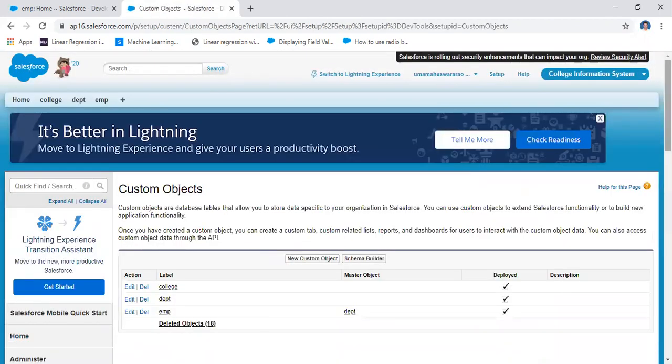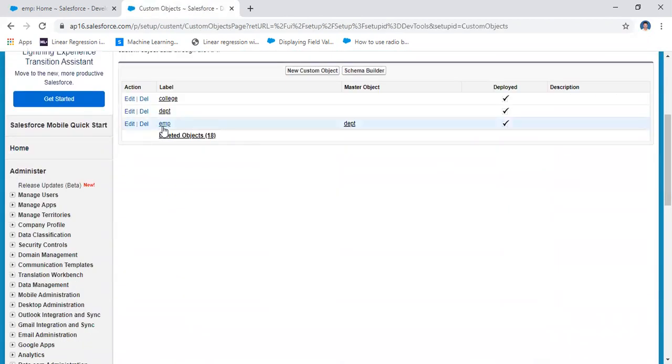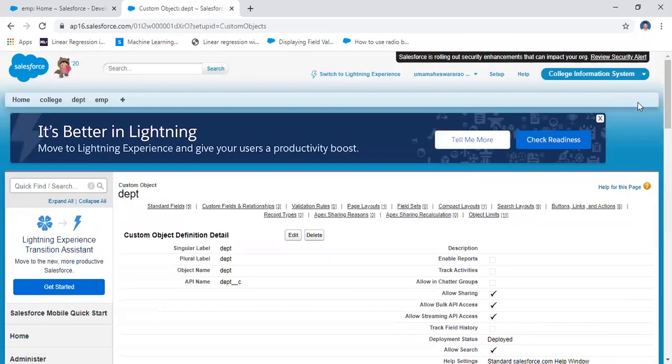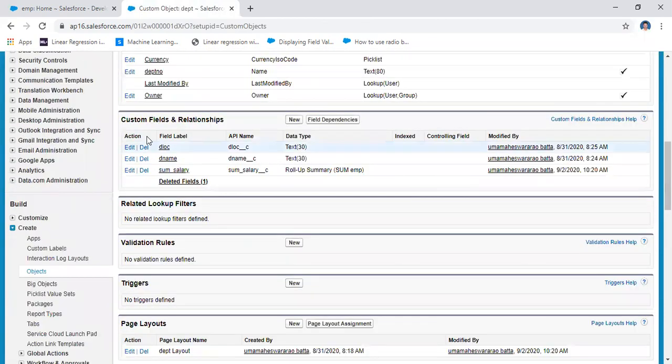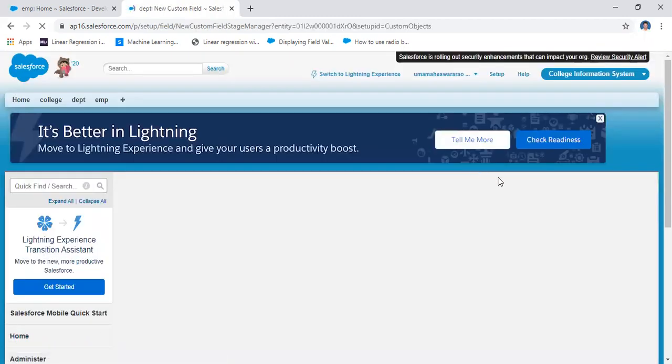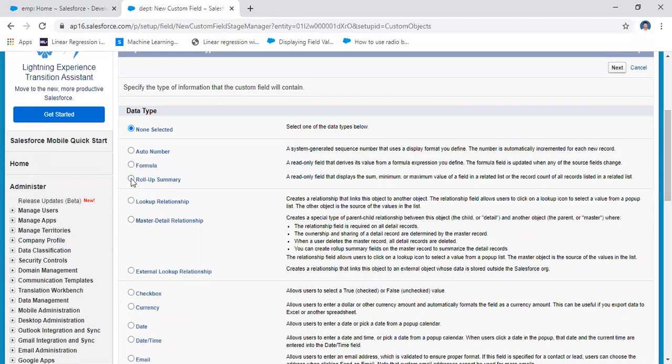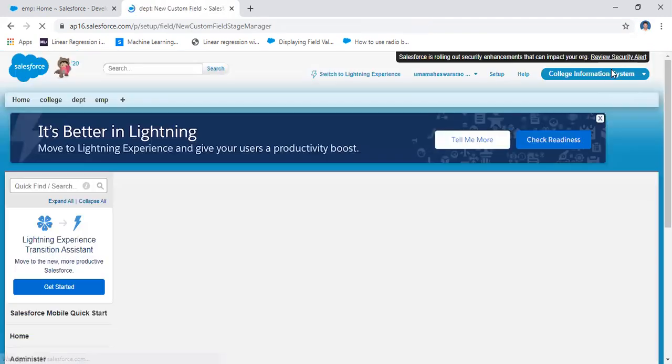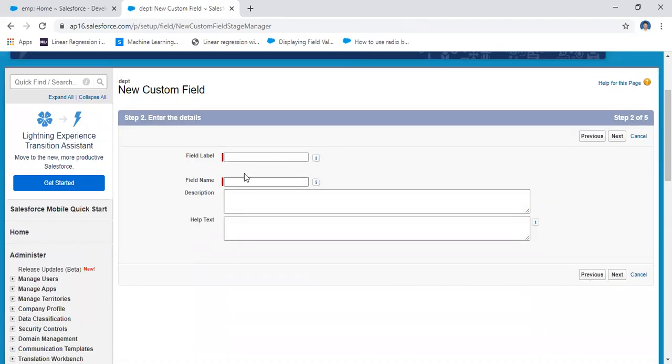On which object am I going to create the roll-up summary field? On the department emp object. Go to Custom Fields and Relationships, click New, select Roll-Up Summary field, and click Next. The field is count_salary, count_salary, and then click Next.